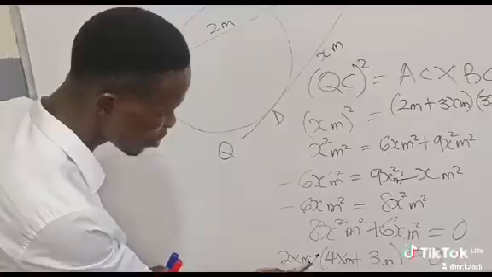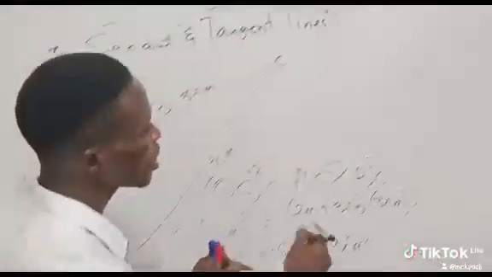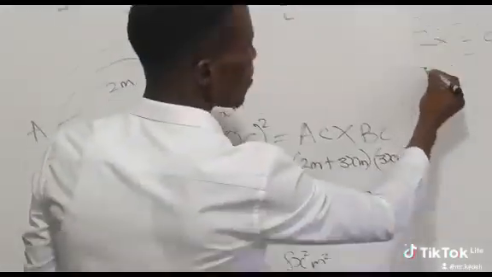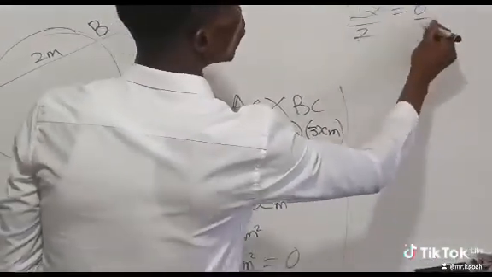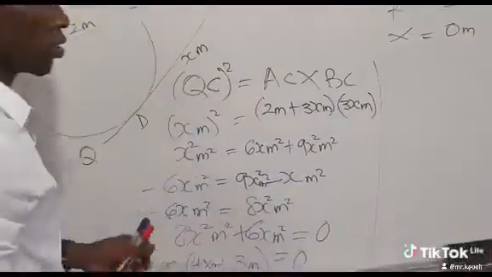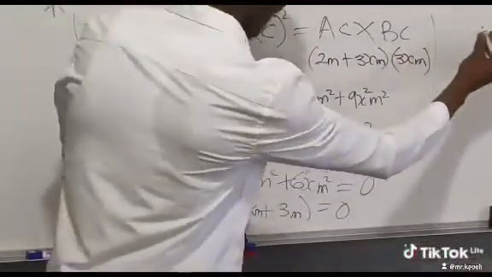To find the first x value, I will take the 2x. 2x will be equal to 0. So when I divide both sides by 2, the first x will be equal to 0. Then find the second one. I will take